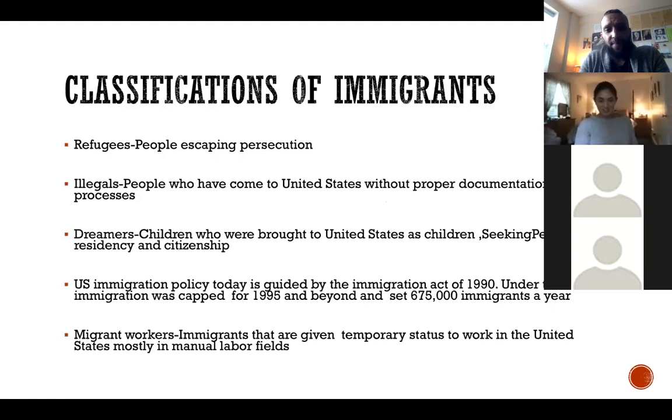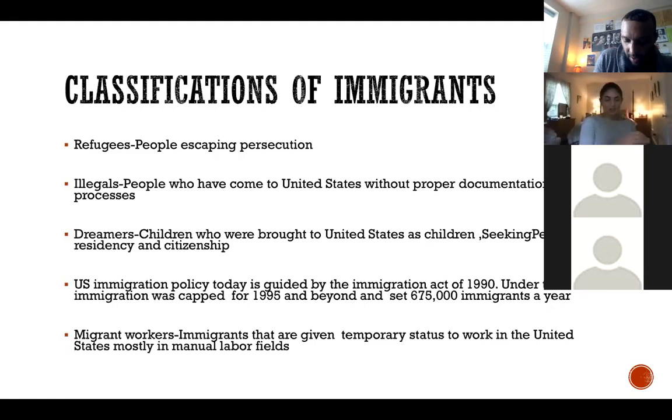A mixed salad more than a melting pot, because I like to say, is it Jess, that a salad? The reason I like that analogy is because when you have a salad, tomatoes are still tomatoes, spinach is still spinach, cucumbers are still cucumbers, croutons are still croutons. Even though they're on the same plate, they are separate things from each other. Melting pot kind of infers that they're going together smoothly. So I may steal that salad analogy if you don't mind. I like that. A salad bowl, that's a good definition.